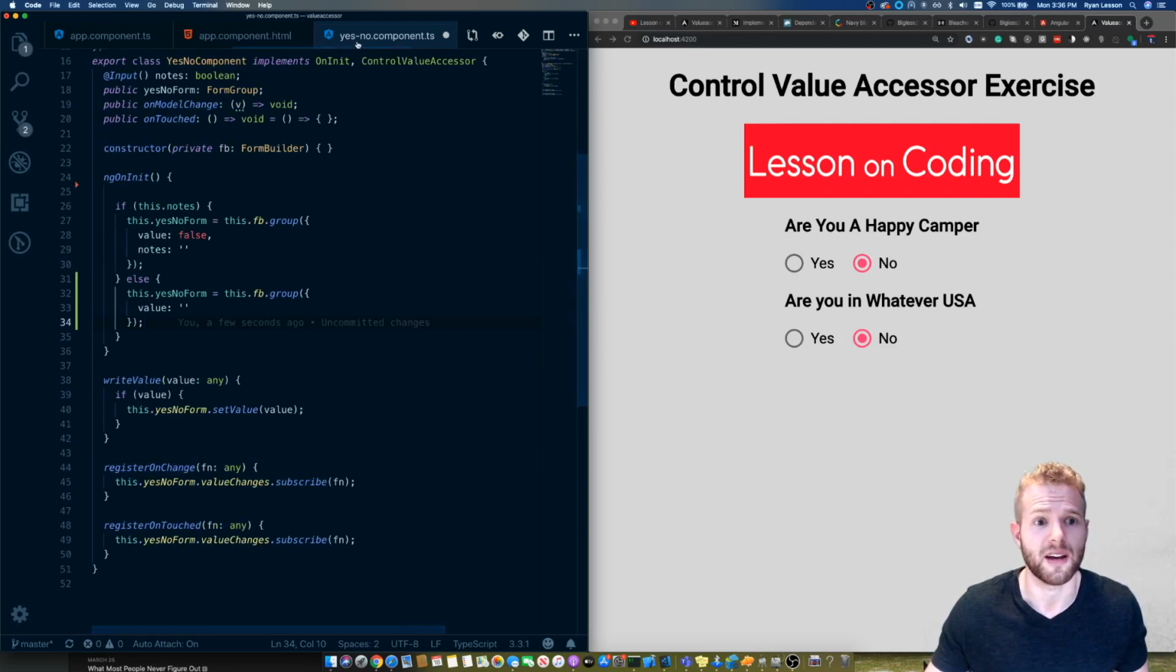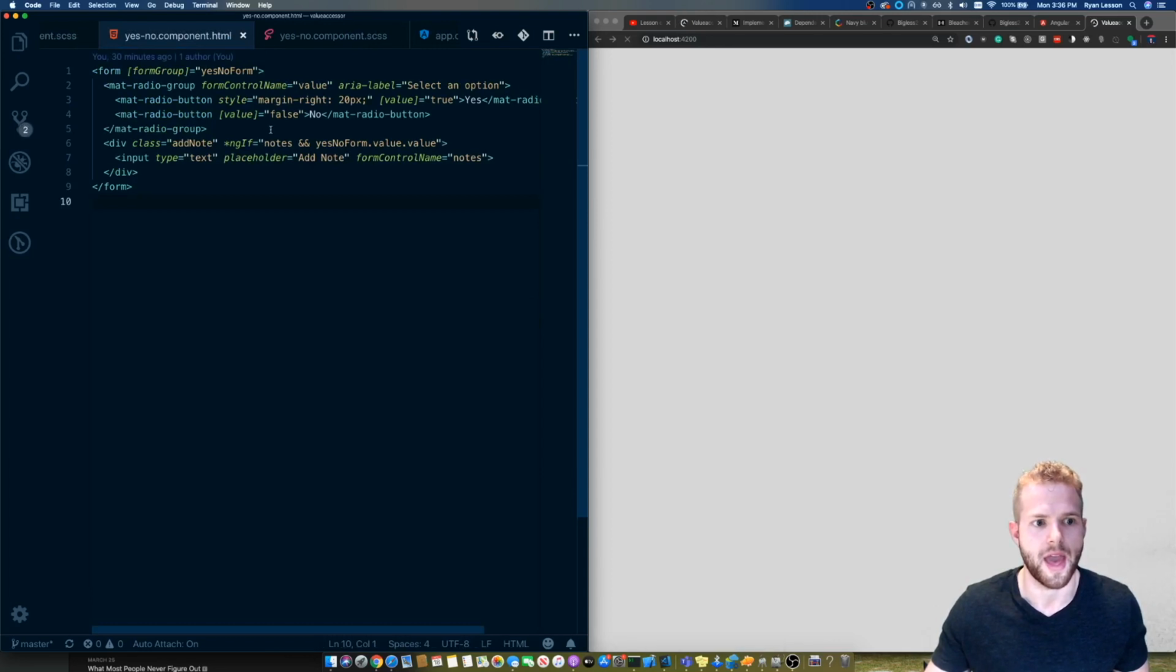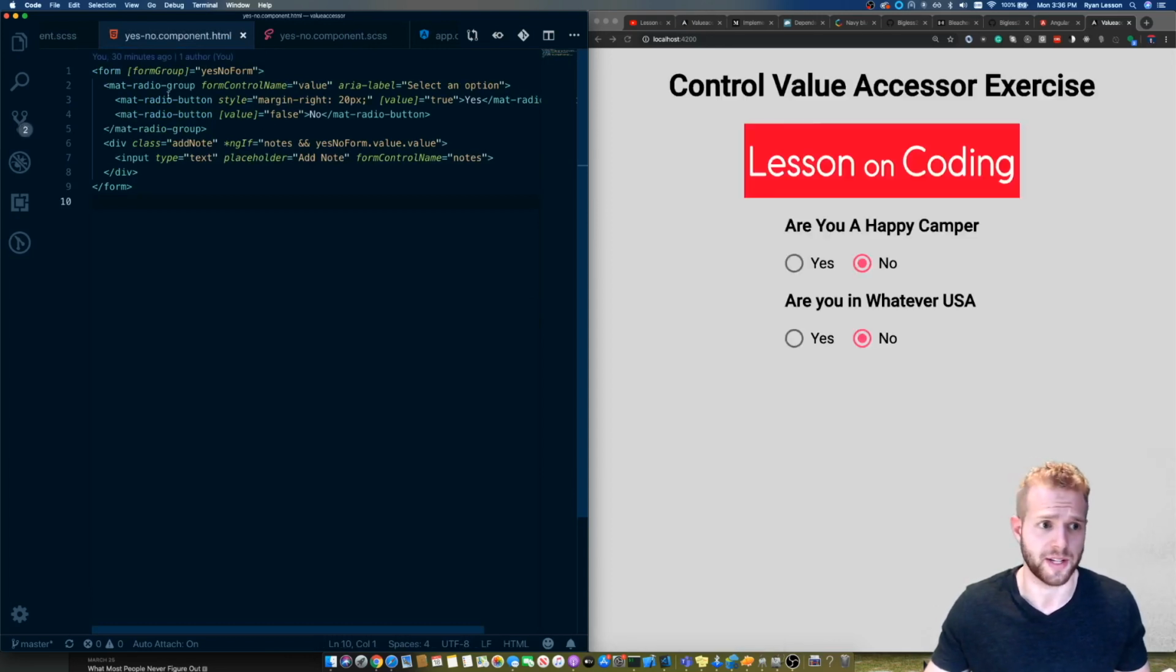Pretty simple. So now the only thing left to do is come and update the HTML for it. So we're going to come in here, and I'm actually using Angular Material. That's why you see these odd components here. Things to note here is